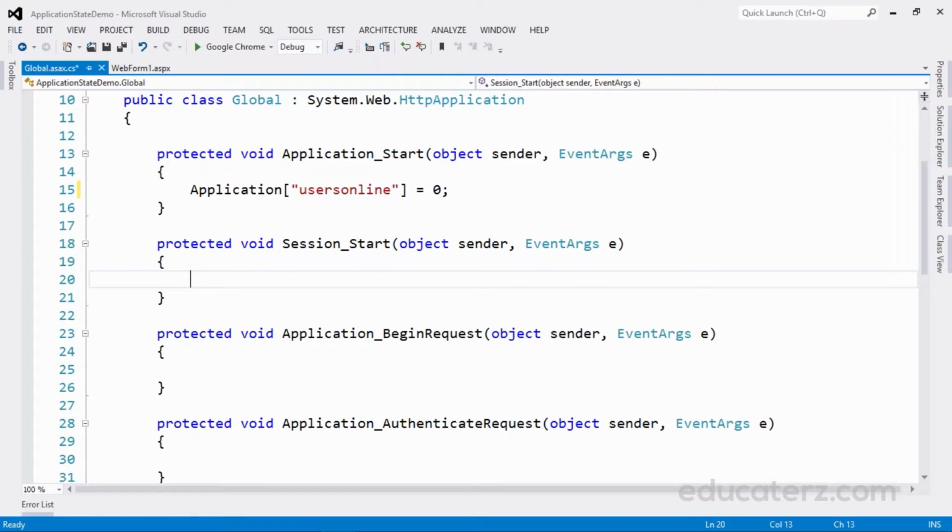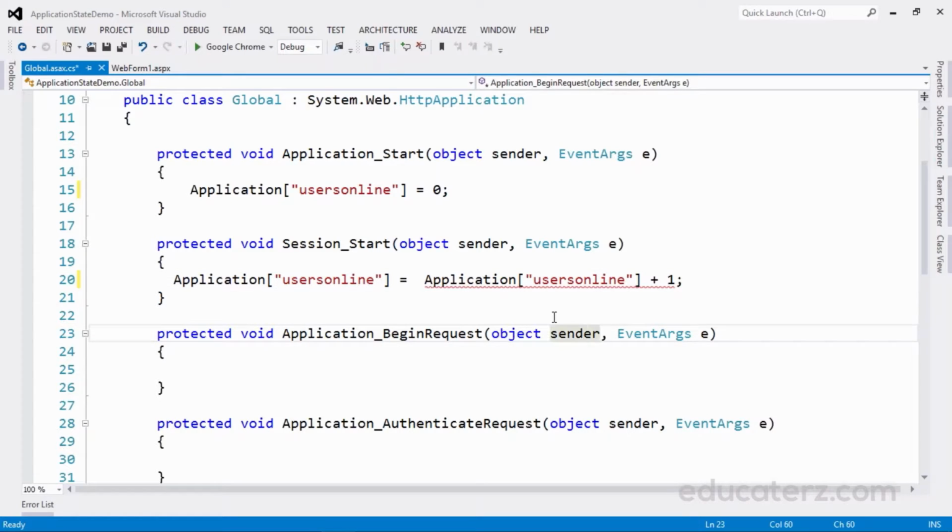So I copied that, then we want to increase it by 1. And again, we need to store it in some other application state variable, right? It is like you have a variable x, and you are making x equal to x plus 1. The same way, I have one application state variable, and I'm making it application state variable equal to application state variable plus 1.